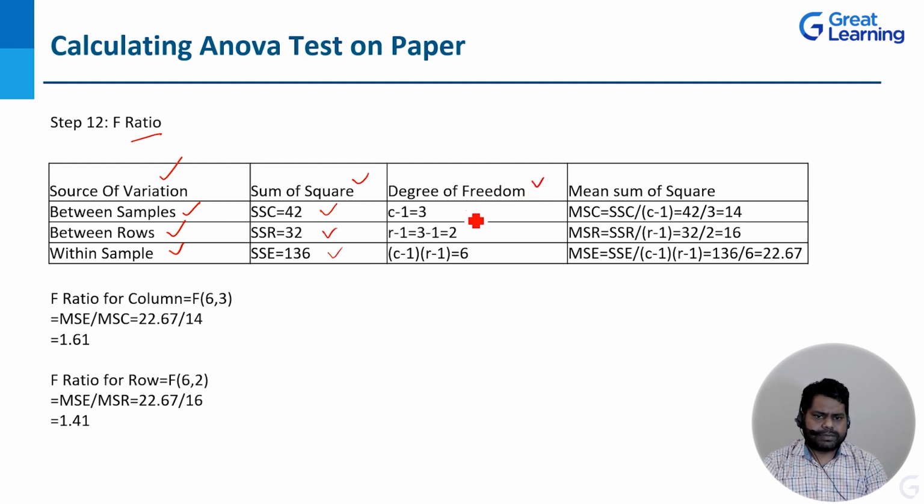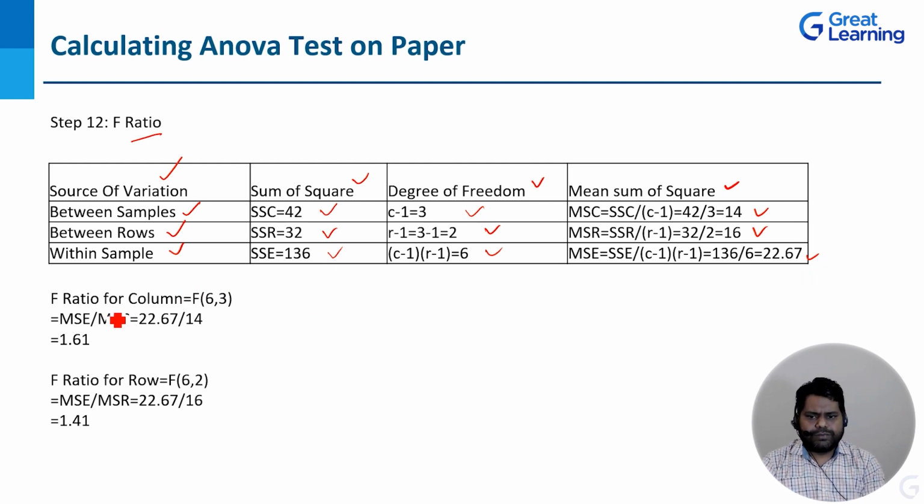Degree of freedom: C minus 1, R minus 1, C minus 1 multiplied by R minus 1. Next, the mean sum of squares: SSC divided by C minus 1, SSR divided by R minus 1, SSE divided by C minus 1 multiplied by R minus 1, which will become 14, 16, and